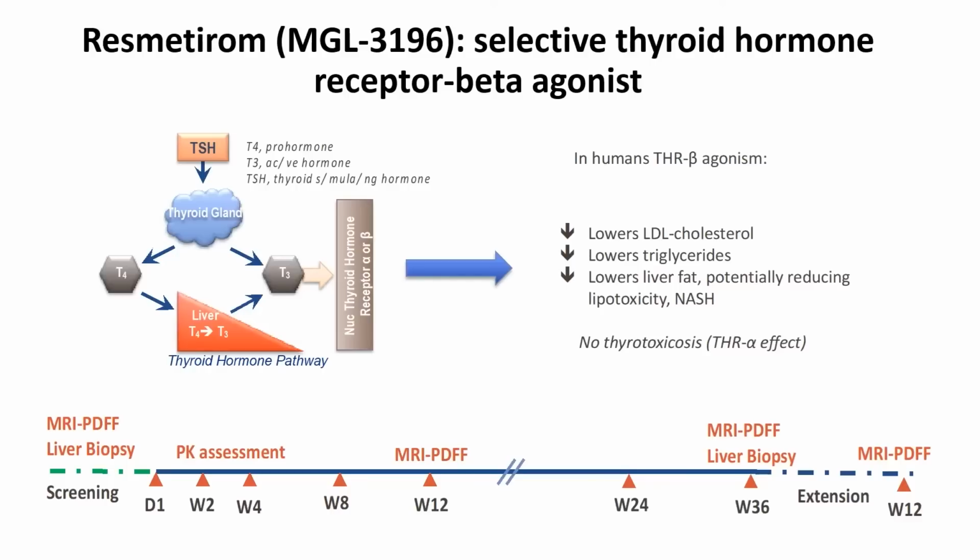Next. The second drug that actually has phase 3 data is resmetirom. This comes from three words, the name resmetirom, resolution of metabolic syndrome. And this is a selective thyroid hormone receptor beta agonist. So it turns out that the thyroid hormones T3, T4, they signal through two nuclear receptors. One is the receptor alpha, which is responsible for thyroid toxicosis and is highly expressed in the heart. That's the one we want to avoid. But the thyroid hormone or THR beta receptor, this is highly expressed in the liver. And actually, by selectively targeting this, you can decrease liver fat, you can improve lipids, and you avoid the thyrotoxicosis